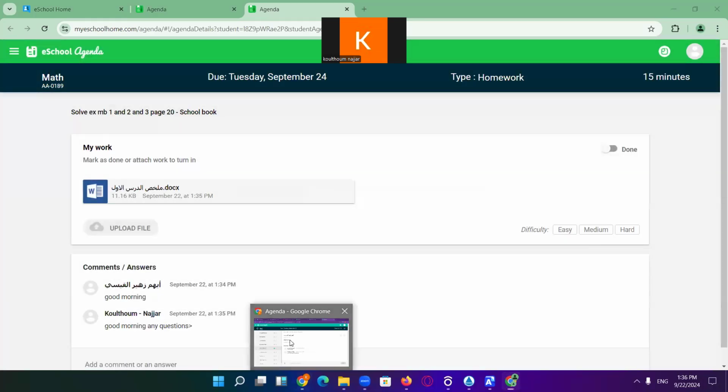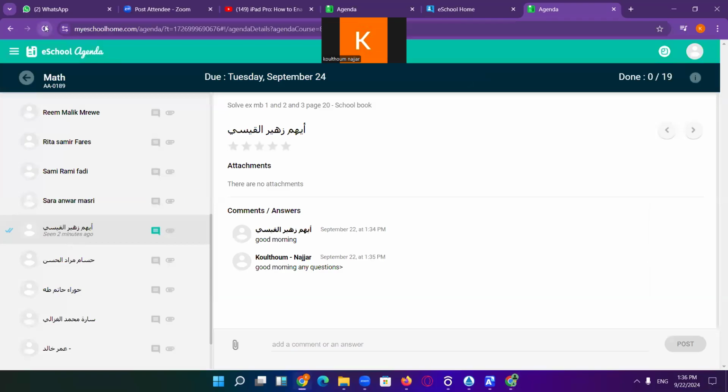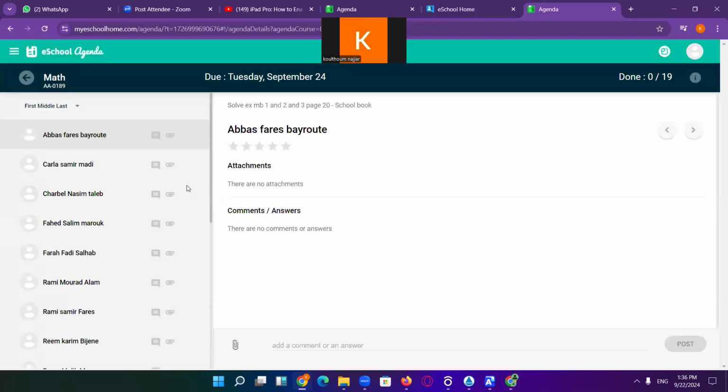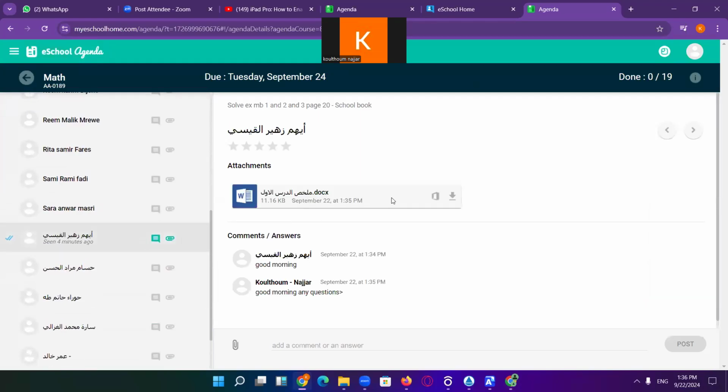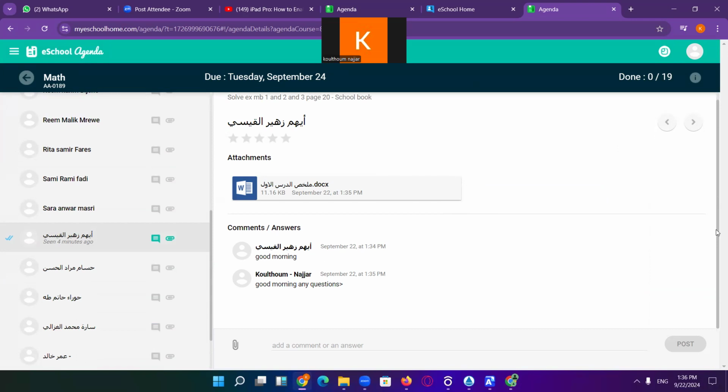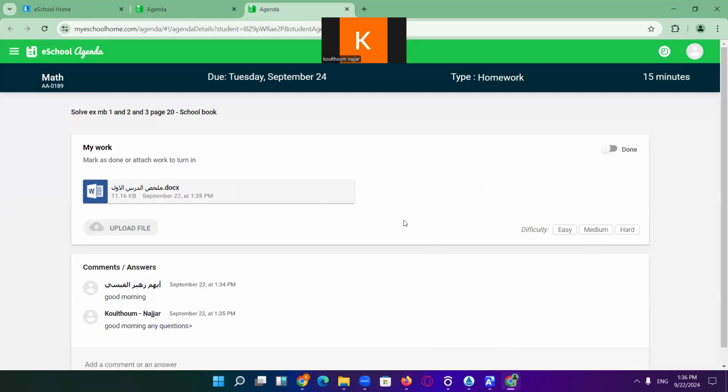Go back to the teacher's account. You can see the attachment file uploaded by the student. This attachment file you can preview, and you can also download it. Also, when the student finishes this agenda, the student should click on done here. When he clicks on done, you can see that I have